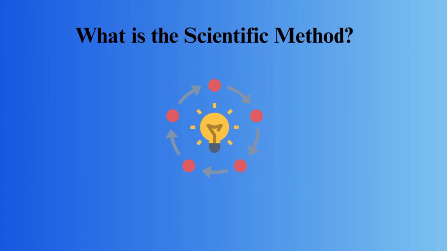Hello, in this lesson we are going to look at the scientific method for solving problems. It's also referred to as the classic method for solving problems, and it has its roots in science, which is why it's called the scientific method. However, it can be used in any industry or to solve any problem. The first step in this method is to make observations and identify the problem, usually by asking a question.